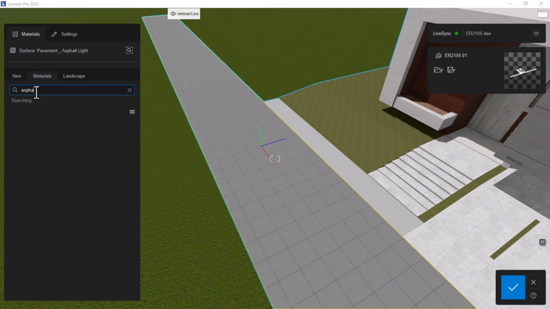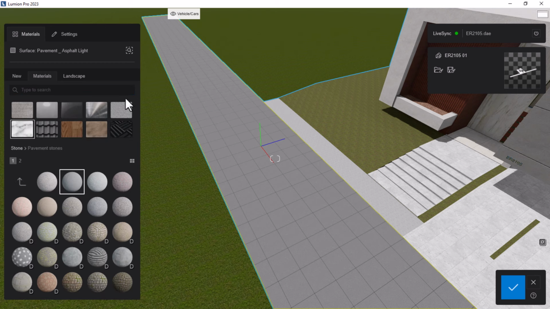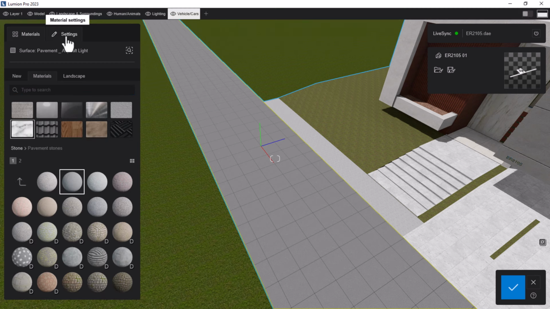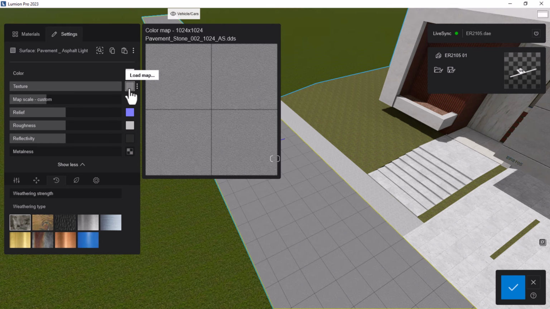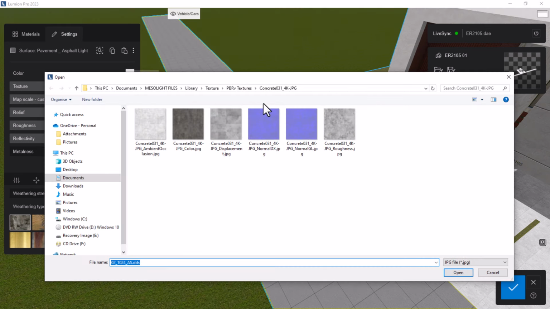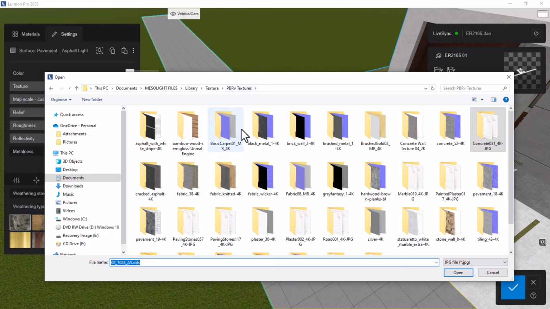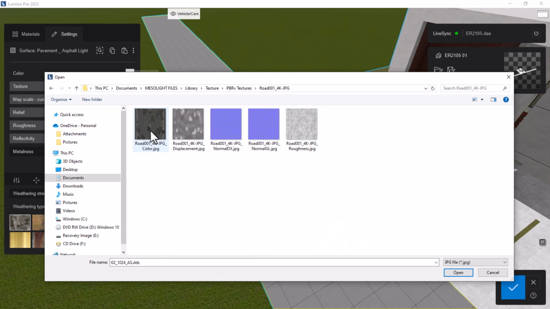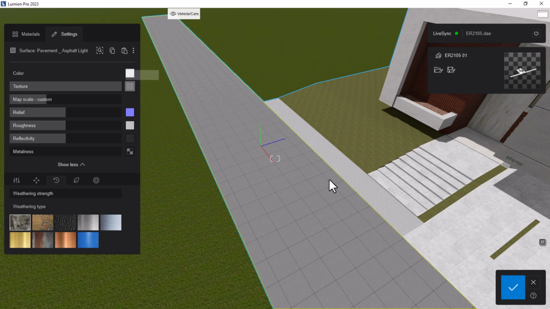It doesn't have asphalt. Okay, that's fine. My previous versions had asphalt. Let's go to settings and override this. I'm going to load a road. Do I have a road here? Yes, there is. I'm going to select the color map,